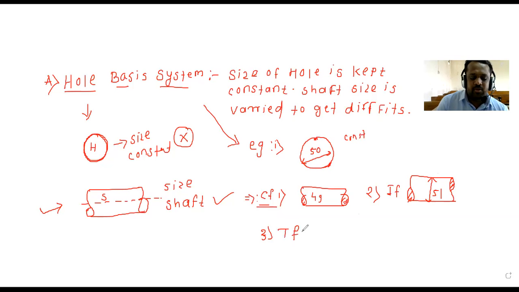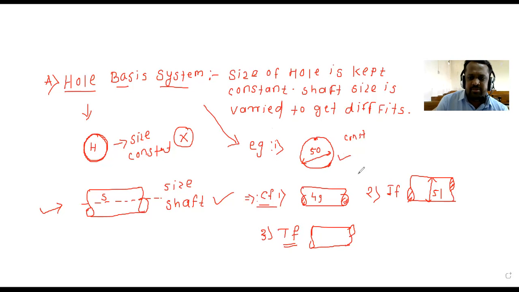Then to achieve the transition fit, what should we do? Again, we have to manufacture the shaft in such a way that the tolerance zone of the shaft and the tolerance zone of the hole size are equal, somewhat overlapped. In this manner, we manufacture the shaft and achieve the transition fit. From this example you can easily understand